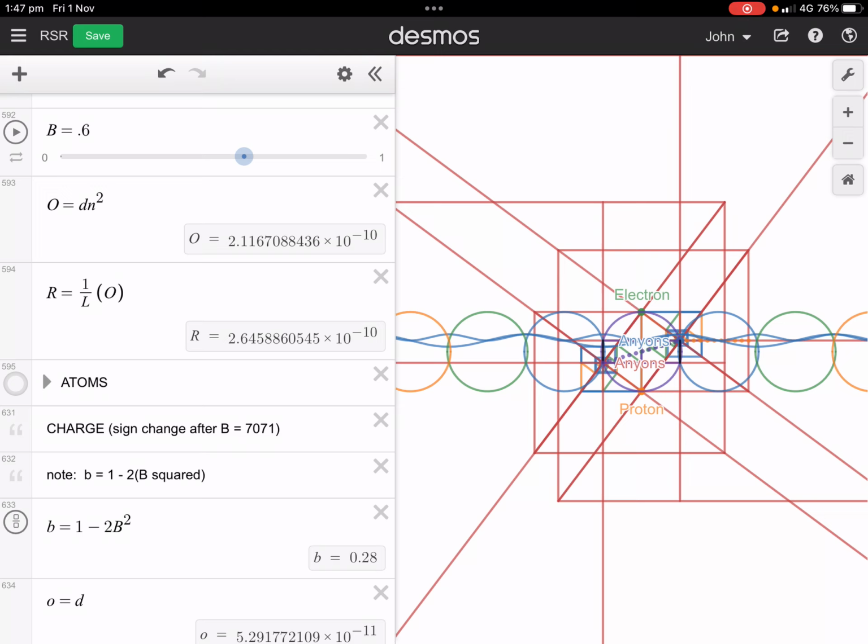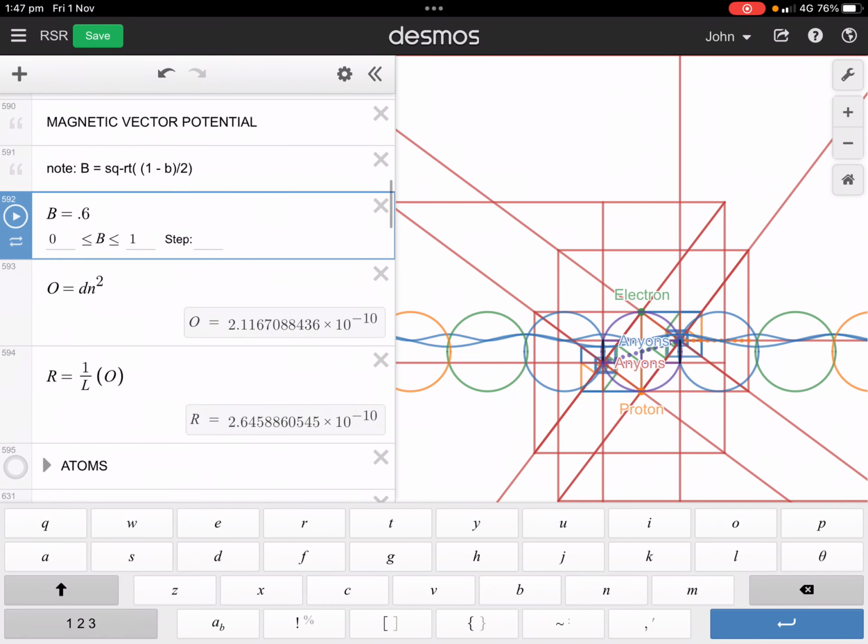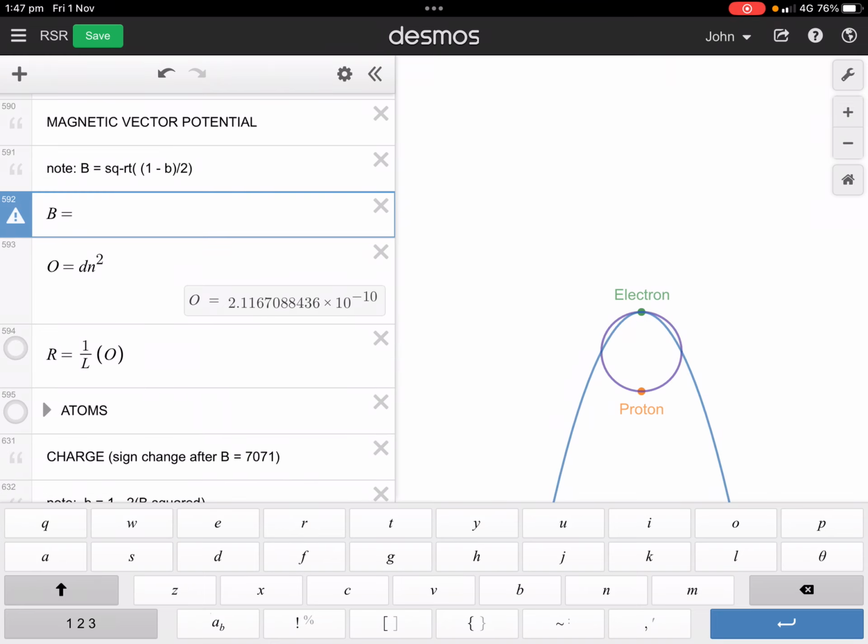I discovered that I made a slight grammatical error in calculating the Planck's constant, and I didn't notice because the b value was so small that it still came up with the same value. But anyway, now the calculation